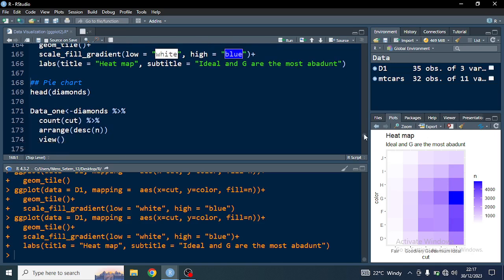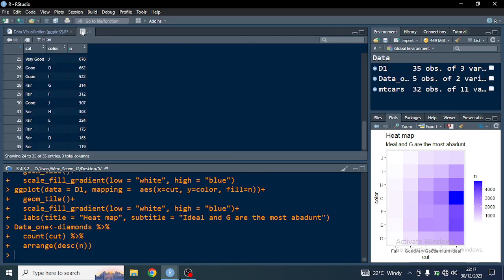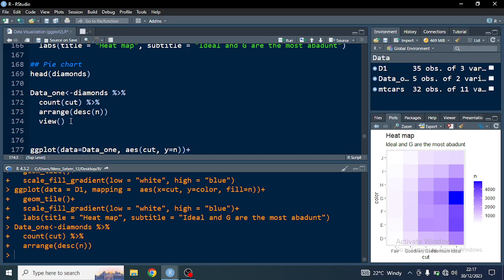And finally, let's look at the pie chart. I'm saying there's the data set diamonds. I'm saying data underscore 1, diamonds. I'm piping it to count, that is the cut. I want to arrange it in descending order and I want to view it. I run that. Let's view it. Let's add the pipe operator here, Control Shift M. So if I run this,